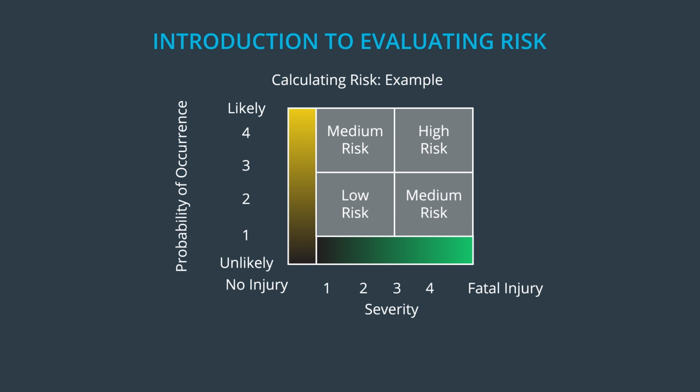Here's our scenario. We are driving on a snowy mountainside pass and the power steering malfunctions. I would say severity is a 4 because we could easily lose control of the vehicle, driving off the mountainside and suffer a fatal injury. Probability of occurrence could be a 2 because you would not find yourself driving on a snowy mountainside very often. Risk then is 4 times 2 equals 8.